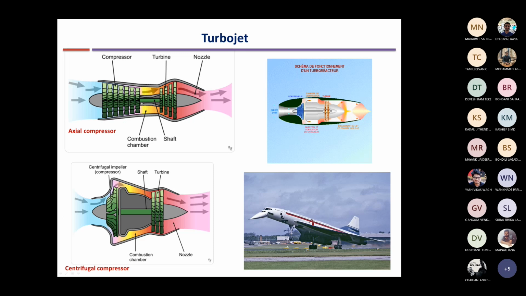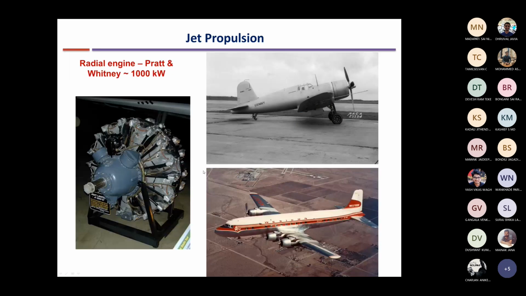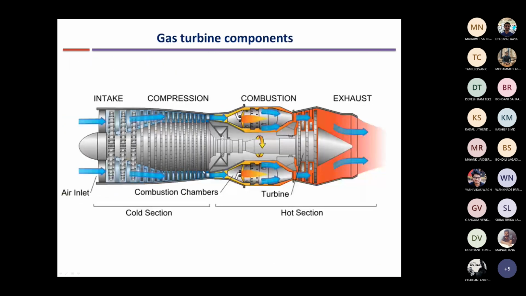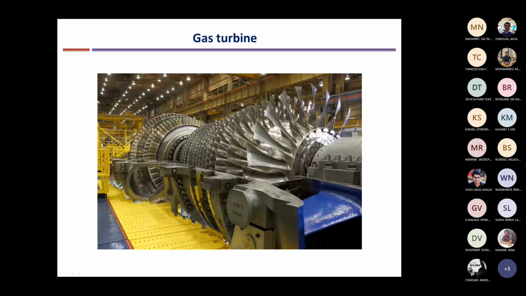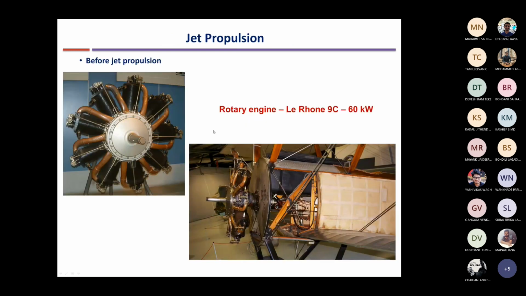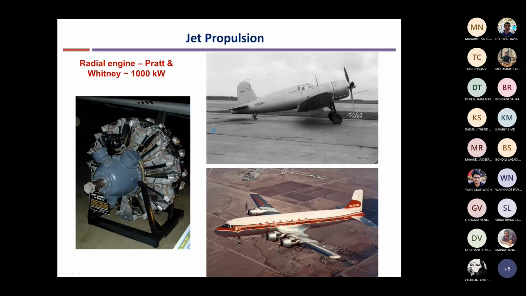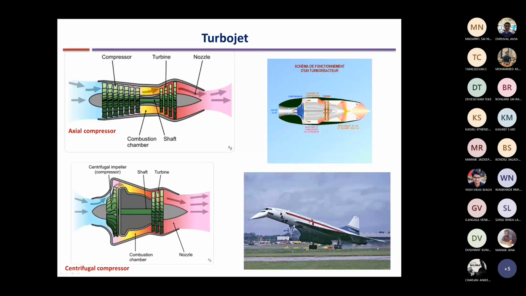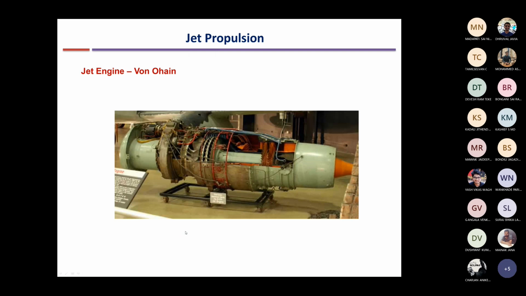Although the number of stages will be much larger, so the length of the engine will be much longer. You can see here, so many axial stages are there, but the cross-sectional area is less, and there is no abrupt blockage in the air. The air comes in smoothly and goes out smoothly. Here there is abrupt blockage of air at these shoulders. So this leads to very high drag for centrifugal compressor-based jet engines. So it is not used. So modern engines look like this.